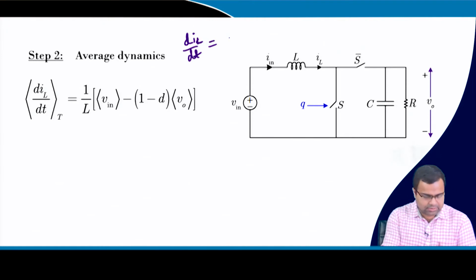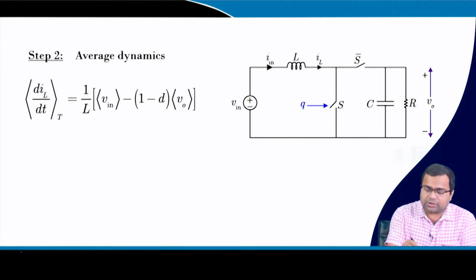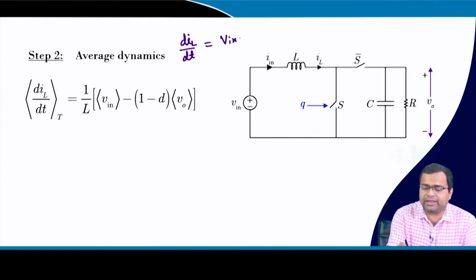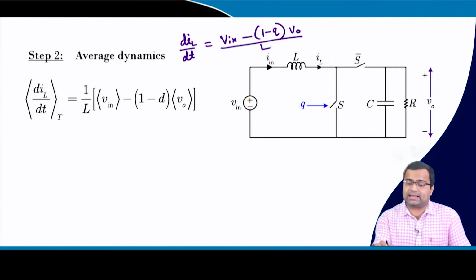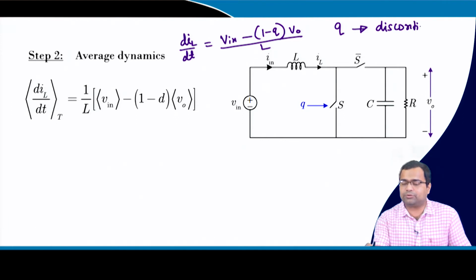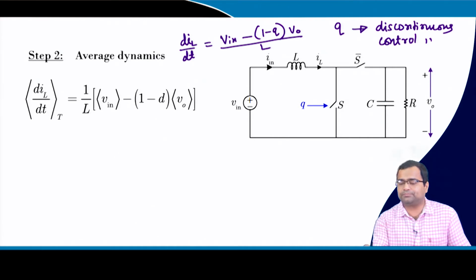Earlier we got the inductor current dynamics as (V in minus 1 by Q into V0), the whole thing by L. In this case Q is a discontinuous input, it is a discontinuous control input,